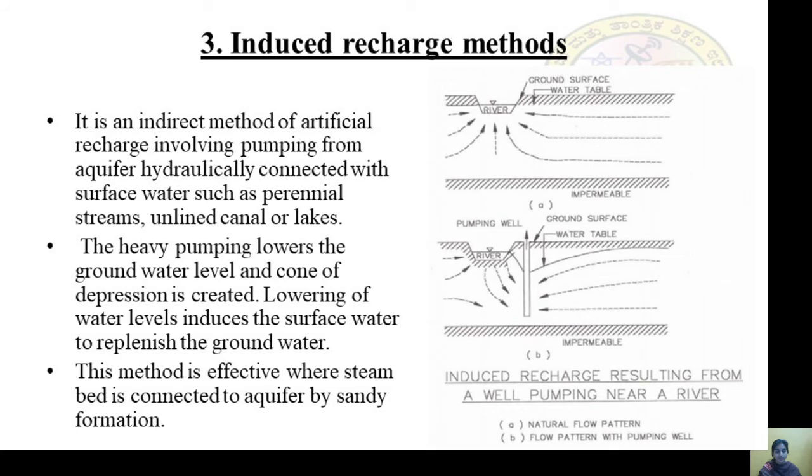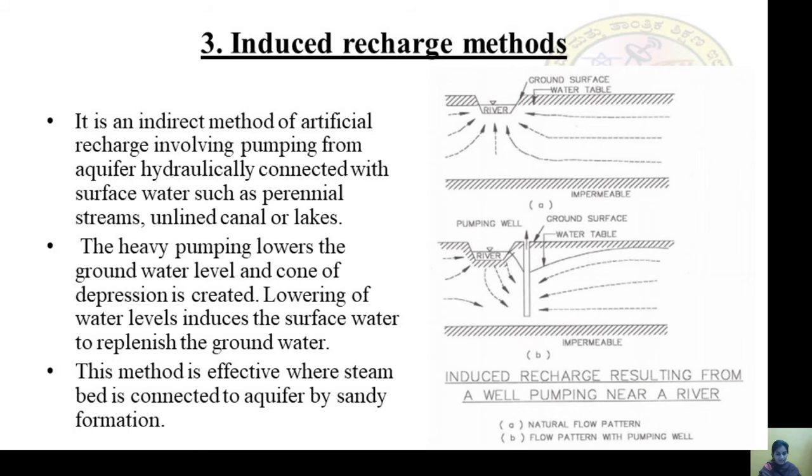The heavy pumping lowers the groundwater level and a cone of depression is created. So lowering of water level induces the surface water to replenish the groundwater.